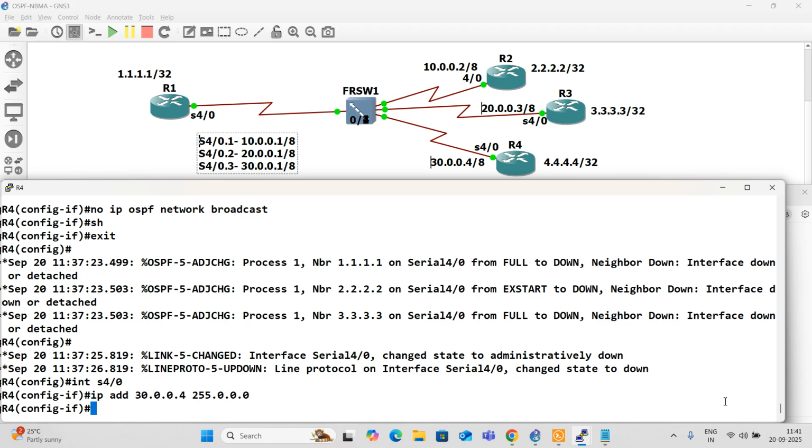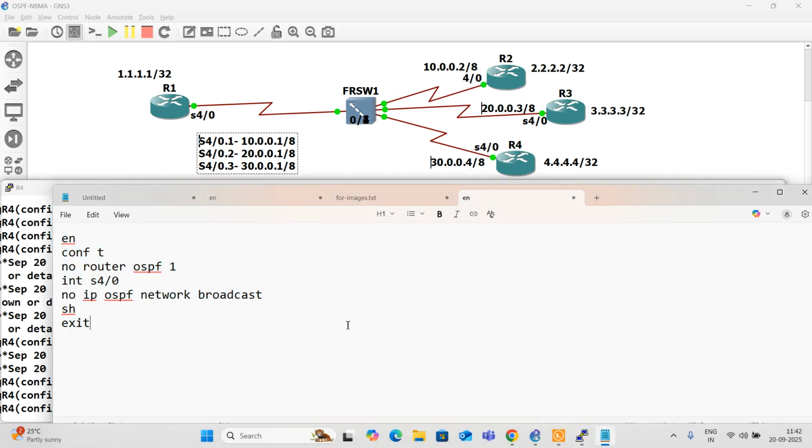Now we are going to put OSPF using Notepad again. Interface serial, before that interface loopback 0, IP OSPF 1 area 0. Interface serial 0, this is for router 2.